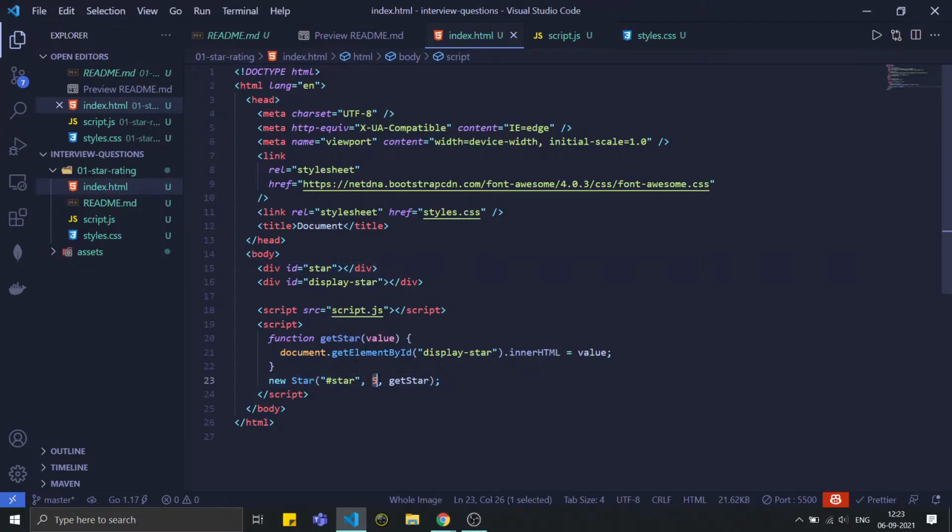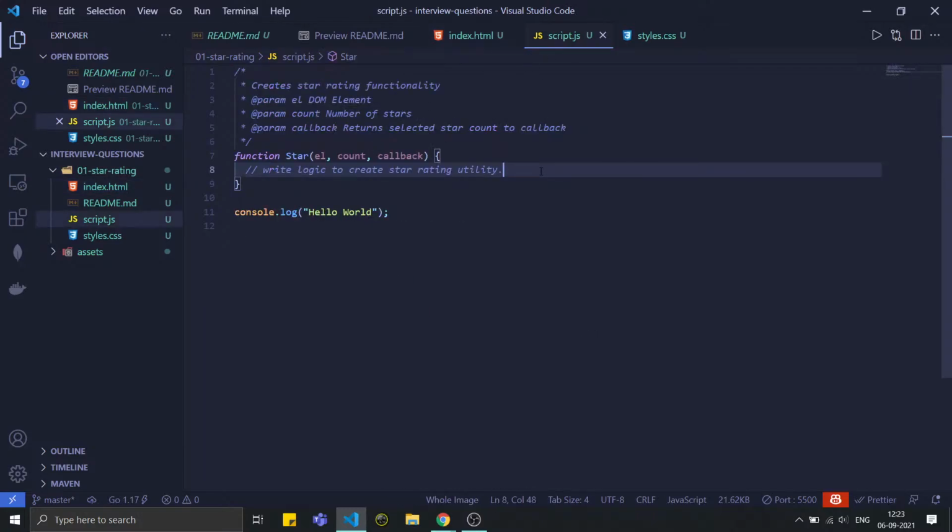That means we need 5 stars. Then we have a get star function, which is the callback function that is selecting this display star div with ID and making the inner HTML the value that is returned, that is the rating value. So first of all,